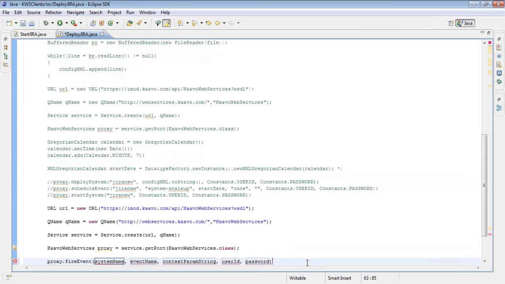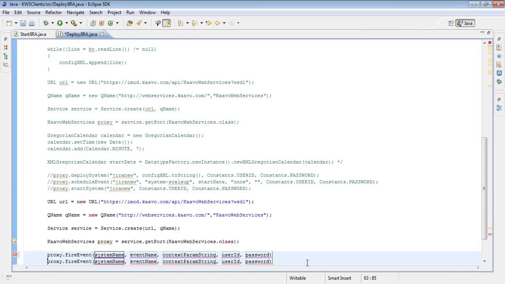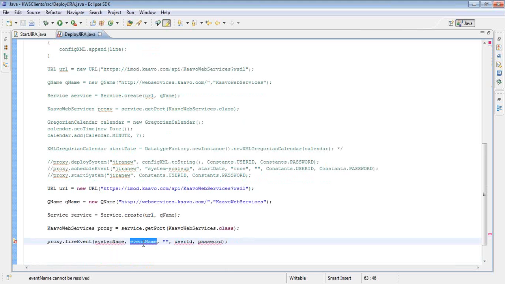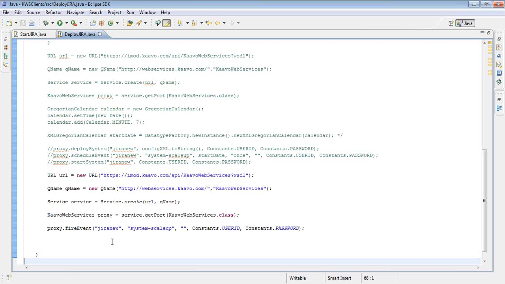So there is this Fire Event API available for firing an event right away. So now I will execute it.